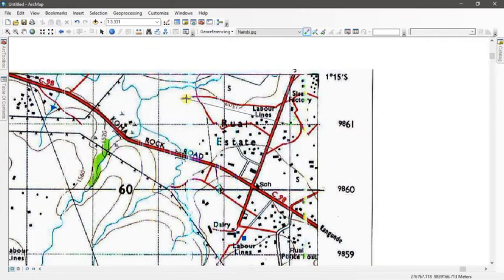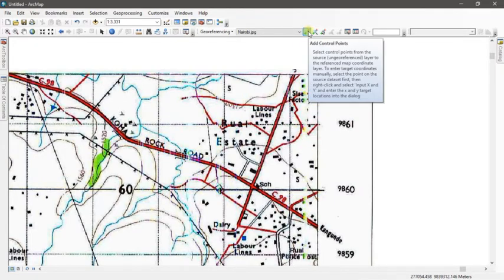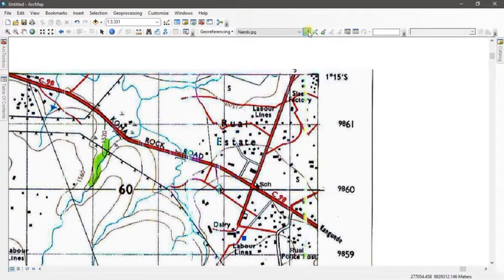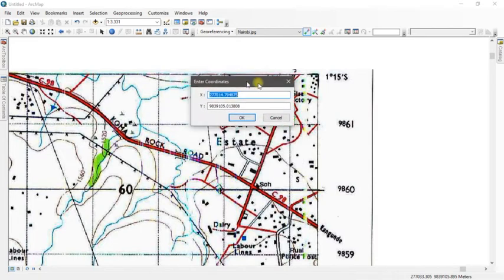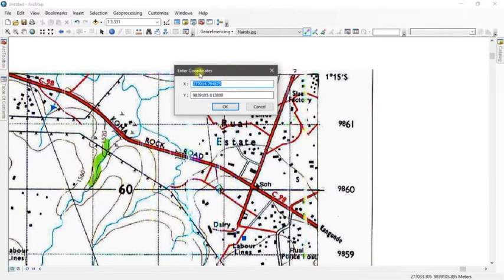Again, what I've just done, maybe I can just cancel it. You just come to add control point, select it, then put it where you want to have your point. There is good. Then input, and one thing you can see is that your values now, like my x is 277 and this one is 9861.